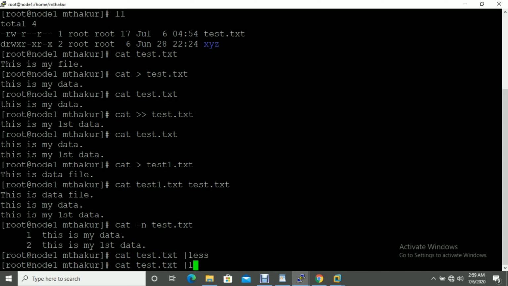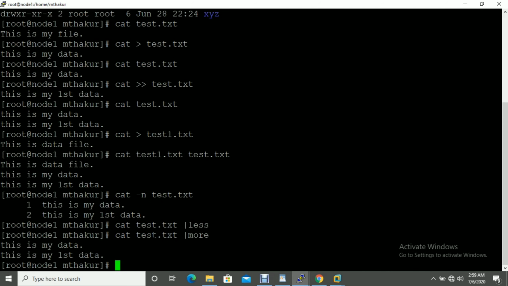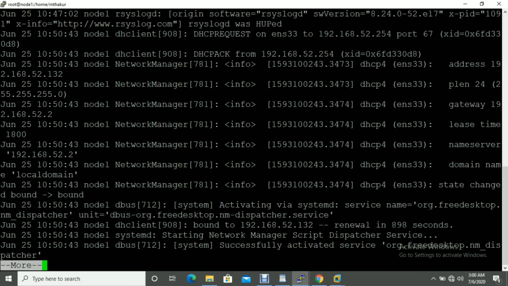Now let me type more here. If you have more than one page of data, I'm going to show you a different file: cat /var/log/messages, and I have to use more. You can see the data will be shown page by page.